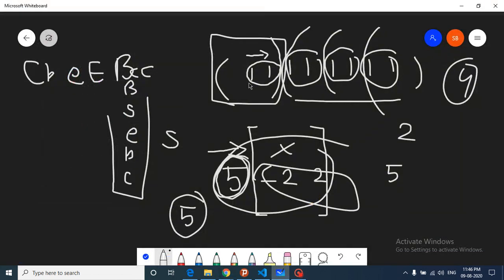Let's assume you have the values 1 1 1. You keep on adding every number. First it becomes 1, then the total sum becomes 2 because you have added this. Whenever the total sum is equal to 2, which is the given target value, it means this subarray has a total sum equal to our target value. So you can take this as a whole subarray.